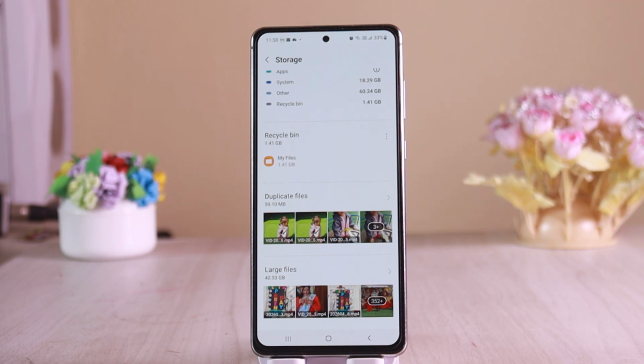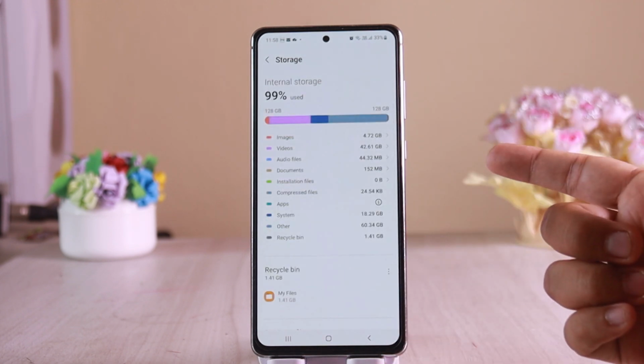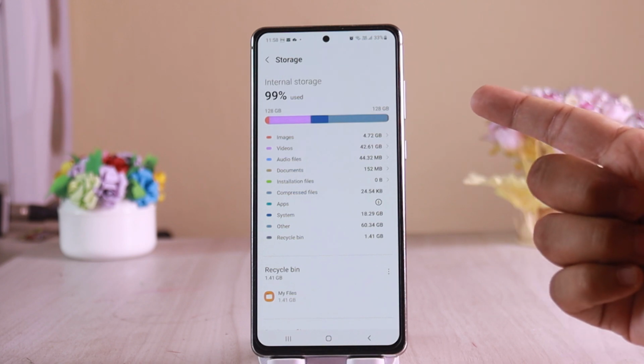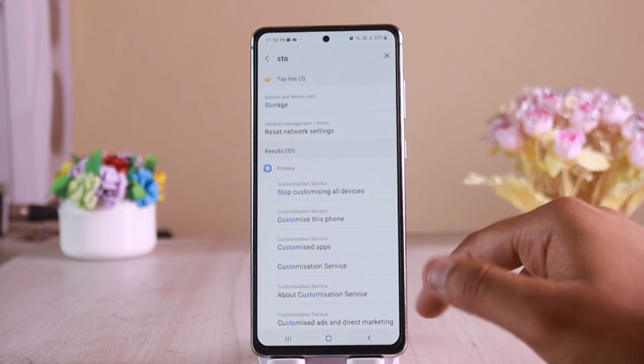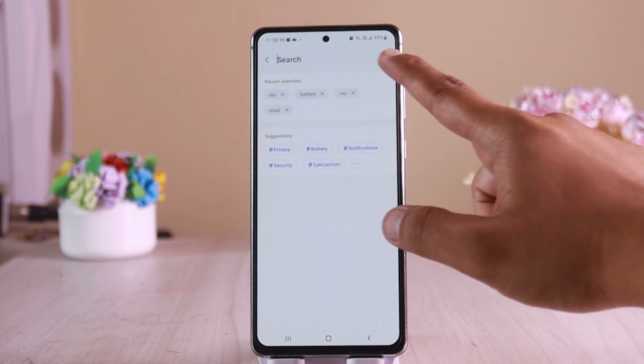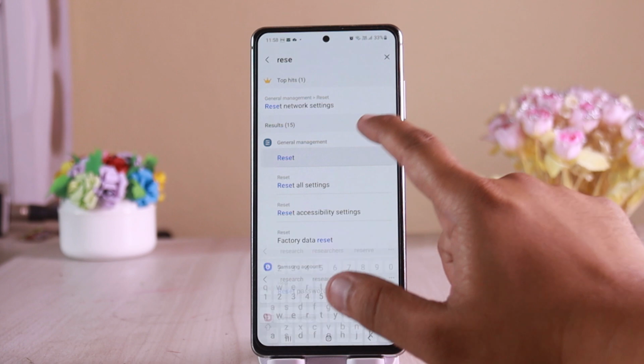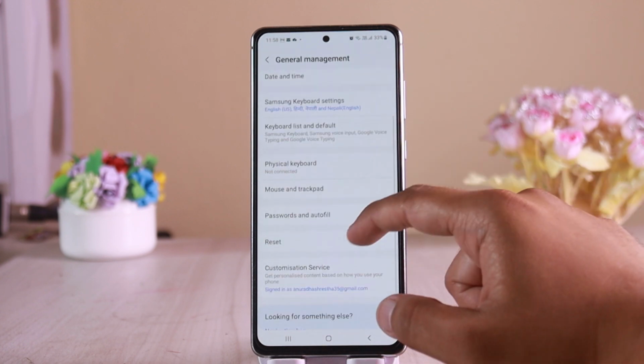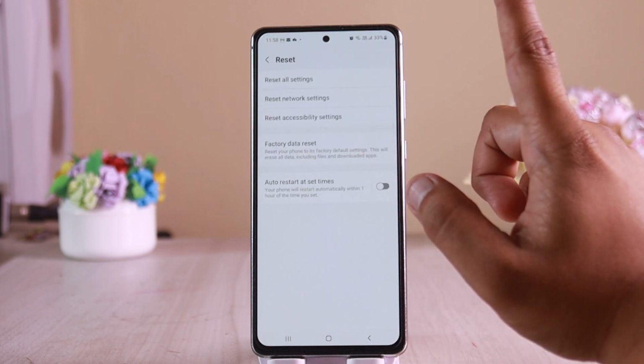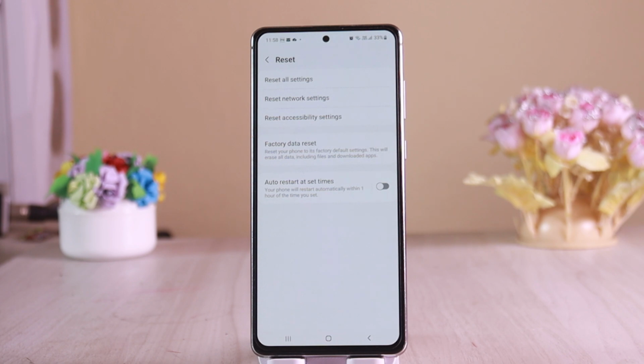However, if you do not have many apps, photos, or videos on your device and your internal storage is almost full, what you can do is factory reset your device. For that, what you'll have to do is head over to the search bar in settings one more time and then head over to reset. Once you're inside reset, you must head over to reset again and then hit factory data reset and reset your